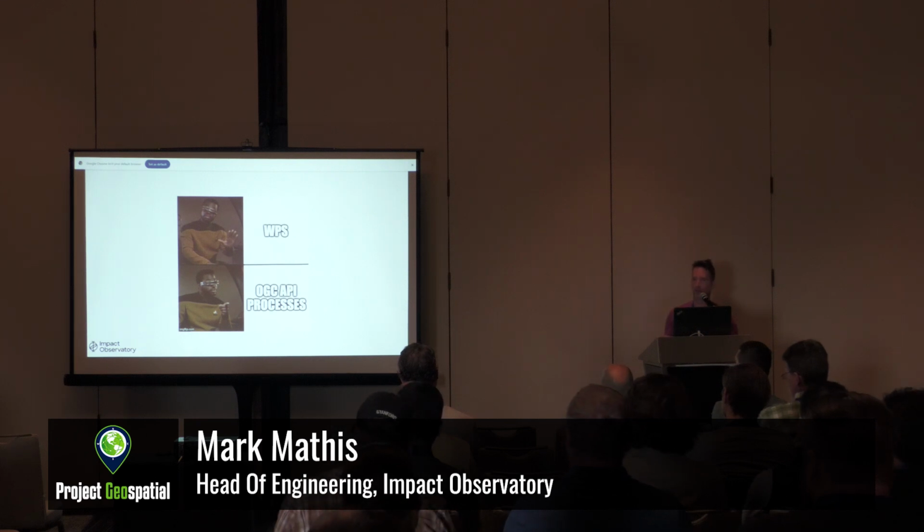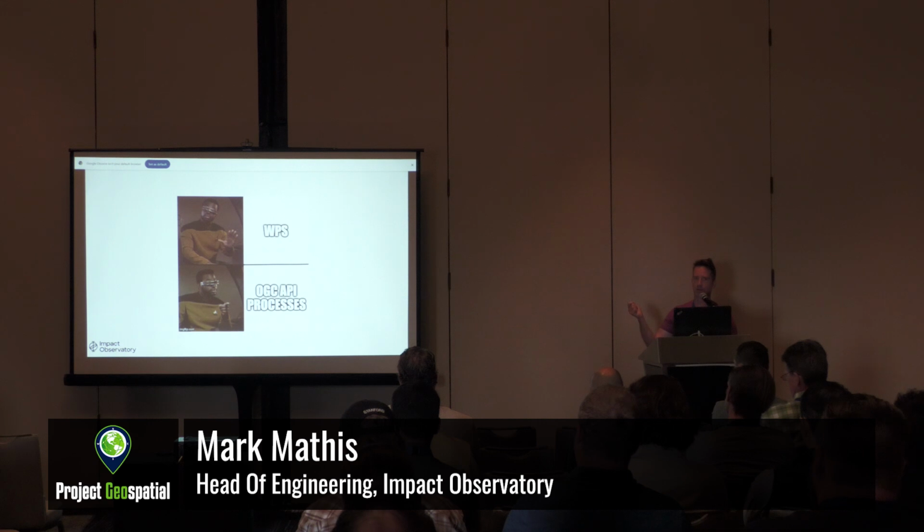So I was going to talk about WPS and creating a toolkit in the same method, and I still think this is a good idea. In particular, if you have some WPS processes, it'd be a very straightforward process to create that Pydantic model for the inputs, provide that list of processes to the tool, and then be able to access your WPS processes with the language model. But what I want to focus on is the OGC API,